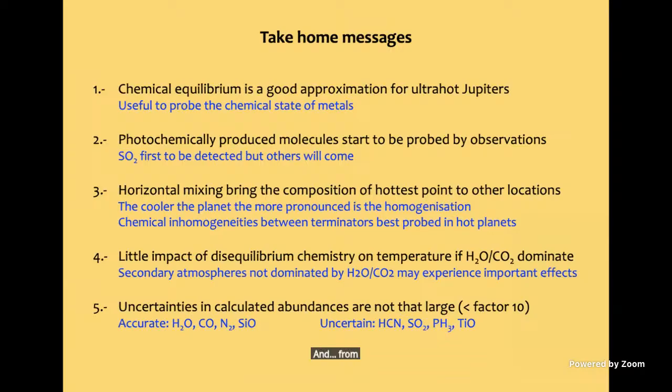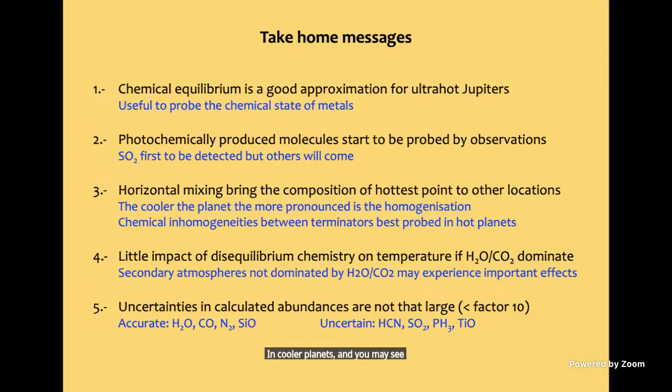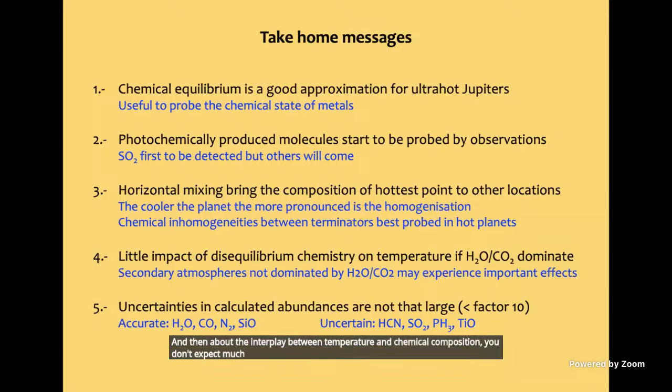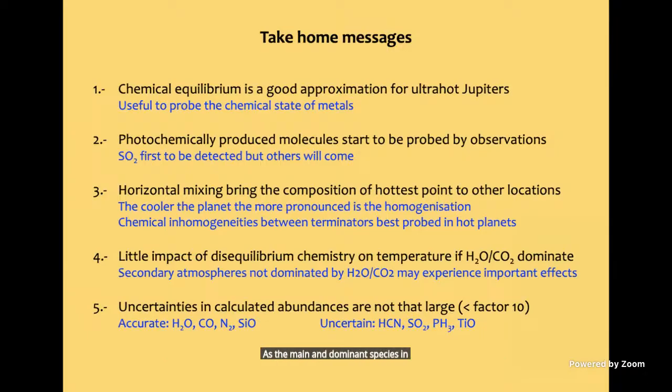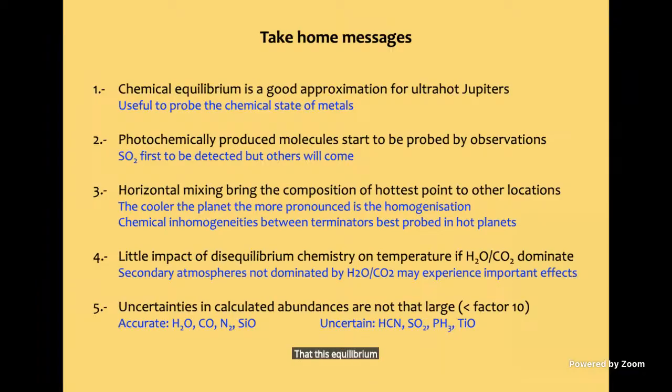From the horizontal mixing, the main conclusion is that the composition is very much homogenized in longitude, so you don't expect to see much difference in the chemical composition in cooler planets, and you may see that more in hotter planets, okay? Then about the interplay between temperature and chemical composition, you don't expect much interplay as long as you have water and CO2 as the main and dominant species in your atmosphere. When you don't have this, then you may expect very interesting effects, that disequilibrium may control the temperature. And